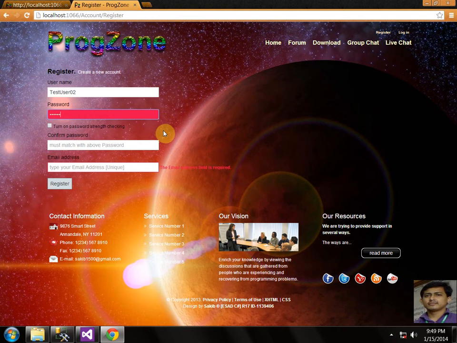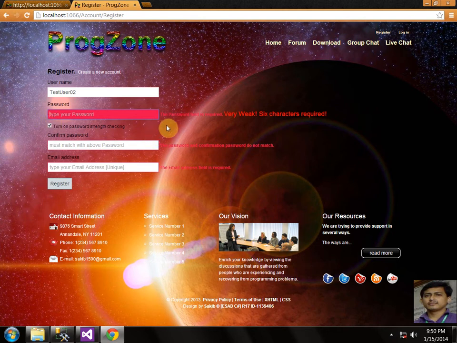and user has the ability to check the box if he wants to see the strength of the password, so he can turn it on or turn it off. It will be the user's choice. Okay, whenever you turn it on, nothing will show, but if you want to add something, then it will show, and it will change according to the way you are typing your password. Okay, if you change it, then it will also change, and whenever you want, you can turn it off. And so we can check the strength